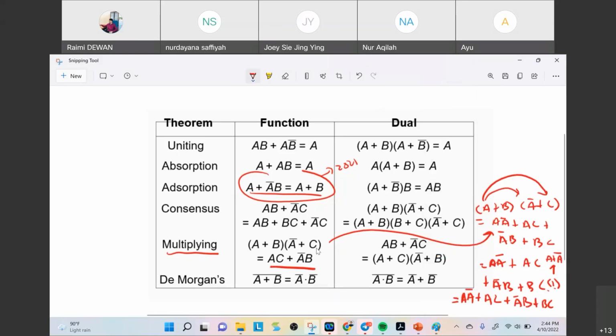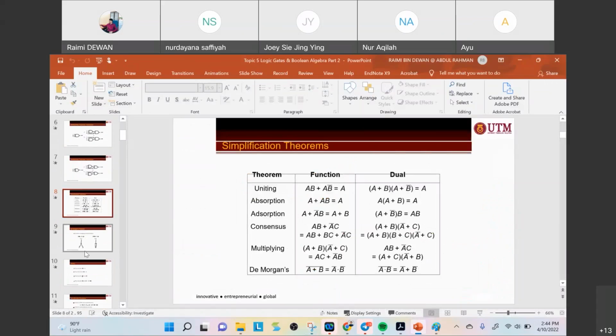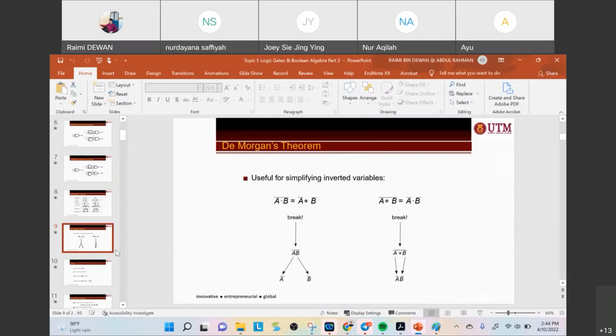Okay. Things that I already solved last time, I forget already. So this one, please watch my 2021 lectures. If you don't understand, please let me know. Even my mind is not working correctly now. Okay, so these have been covered. This one is okay. De Morgan's theorem is what we